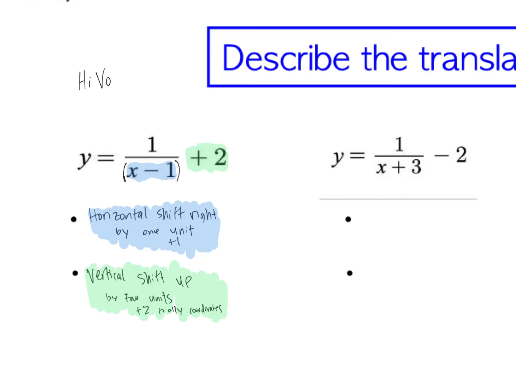So in this next one, it's kind of the same thing, right? All we have to do is recognize these operations that are happening to the parent function y is equal to 1 over x. Are they happening underneath the fraction sign, or outside that fraction sign, or outside the parentheses, inside or outside? In this case, the thing that's happening inside my parentheses, or underneath my fraction, is that addition of 3. So this is really a horizontal